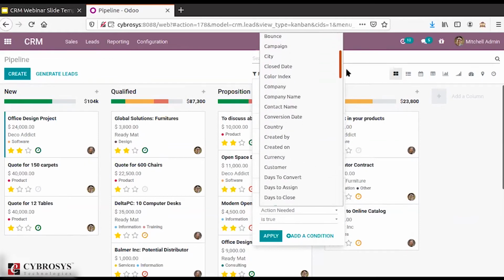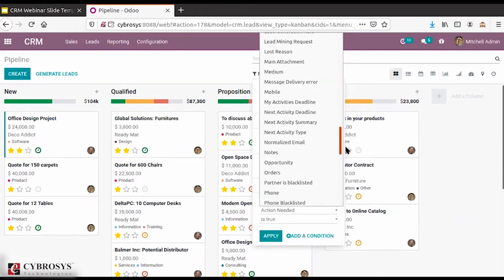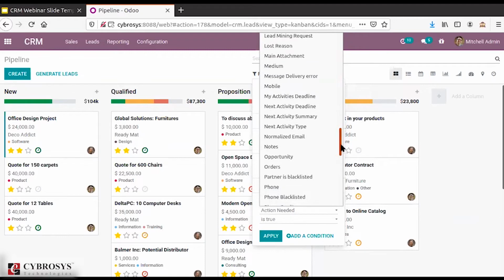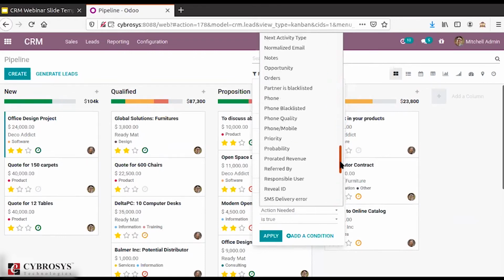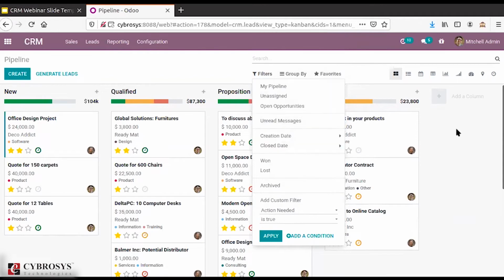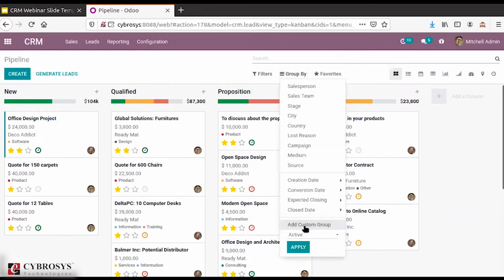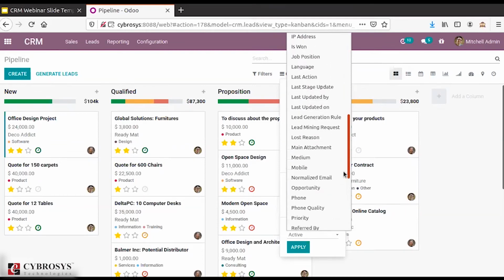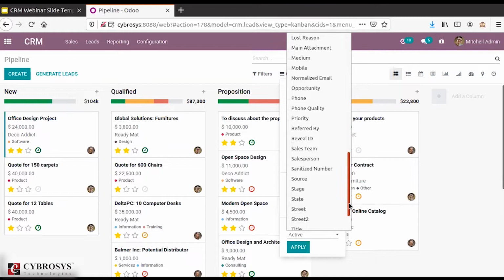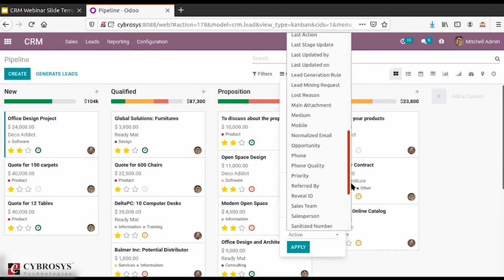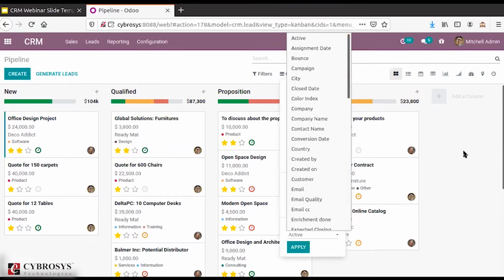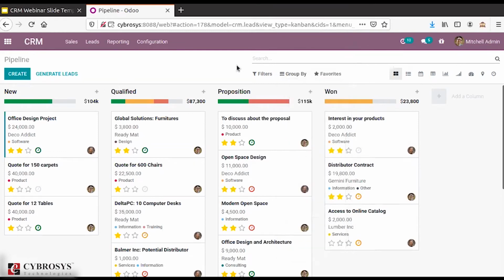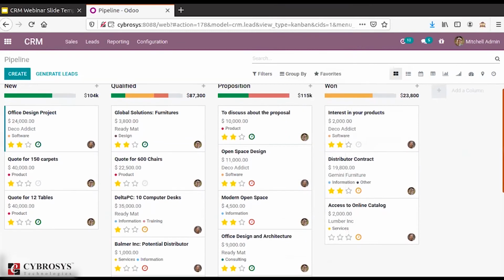You can see with this custom filter itself, you have a lot of options to add upon. Here you can do a custom filter or use this option. And with group by also you have the options to add custom groups. So with this you will have a wide set of options. Here you can see you will have different options to do. So this is the case with the interface, I can say.